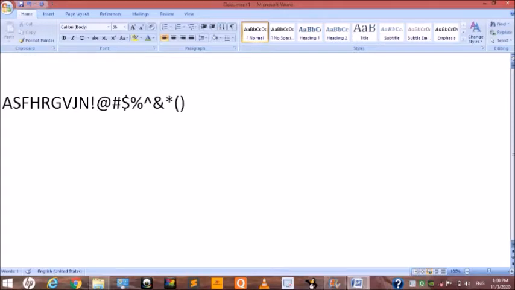Also, if you want to enter your name with only the first letter capital and the others small letters, you can also in this way press the shift key and click on that letter, then release the shift key and simply write your name. Means by using the shift key you can write the whole capital letter, and you can write the symbol also.